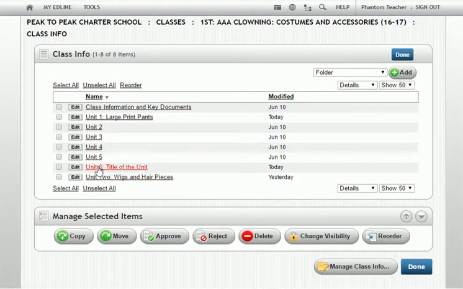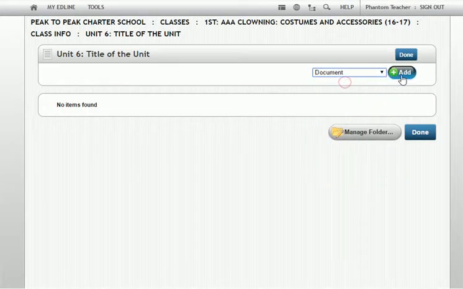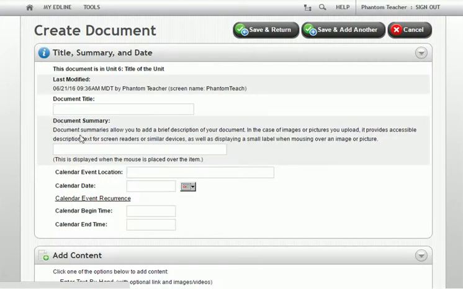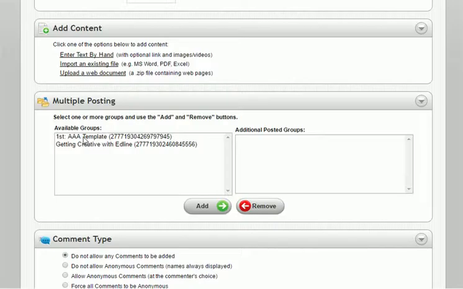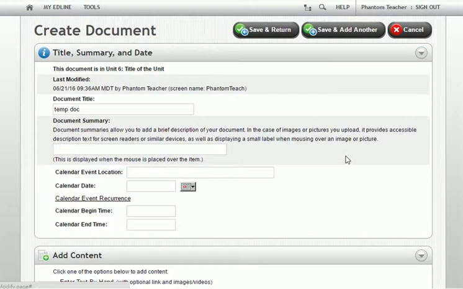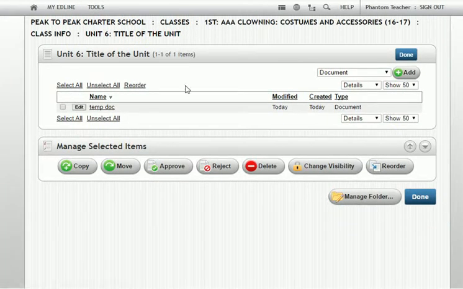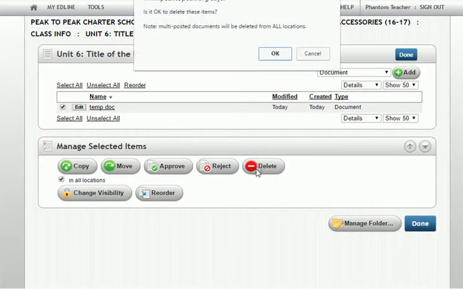Once you've created the folder, then just add a temporary document and I'm going to multi-post that to my other class page. I'm just going to put it on this template page. Now, I really don't want that temp document to exist, so I'm going to delete it. But what I want to show you